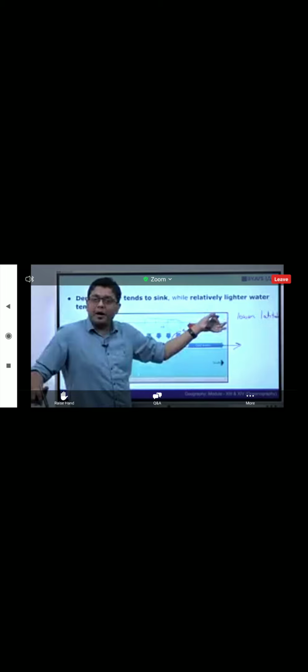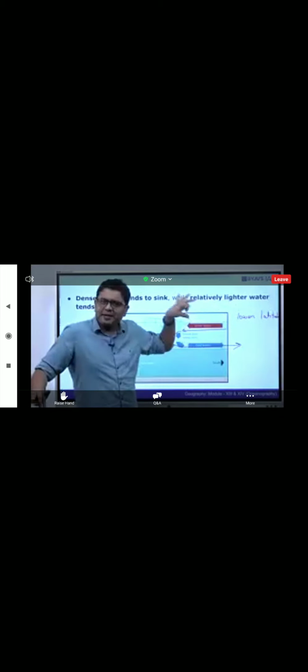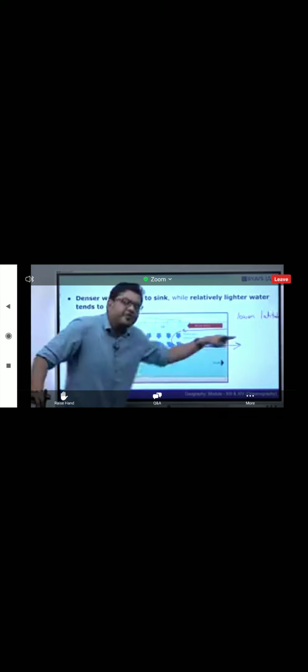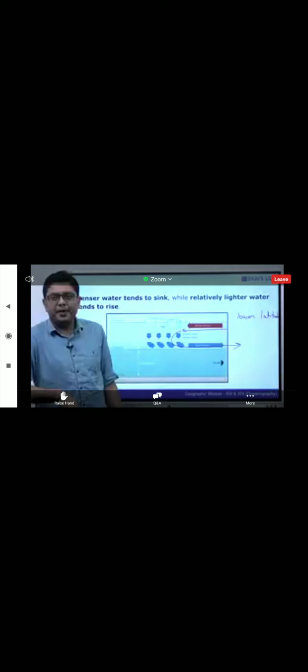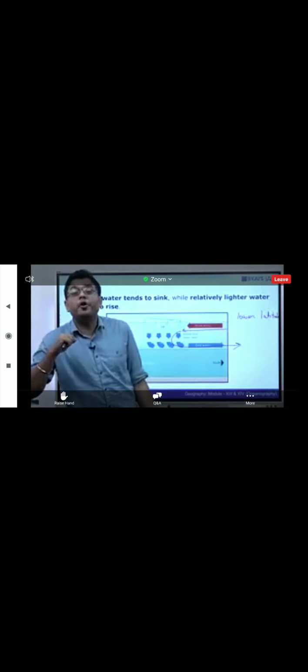Because when the water moved from that region of higher temperature, it would have brought about a kind of vacancy. So this subsurface movement goes on to fill that vacancy. This brings about a circulation of water. And because this circulation is brought about by the effect of temperature and salt presence, both of which manage the density, this kind of circulation is what is referred to as